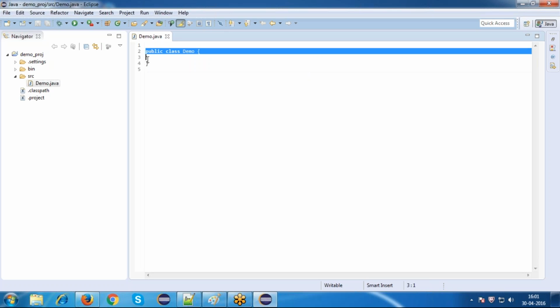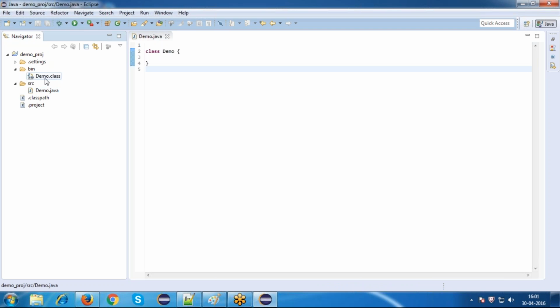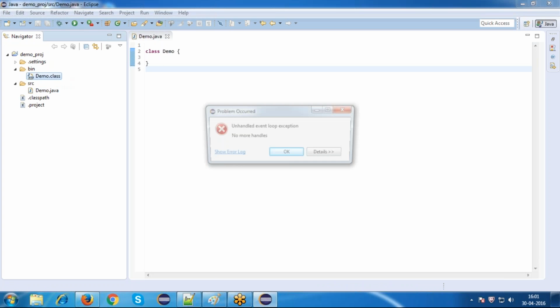Please observe, I have written a program called demo. You don't even need public, just write class called demo and save the program. Here is a class called demo. I have not compiled the program, but please observe under bin, demo.class is generated. That is, the moment I write,